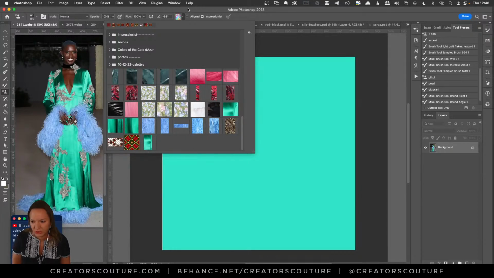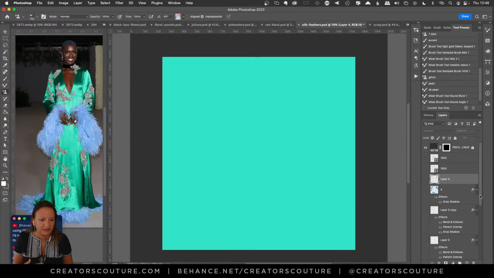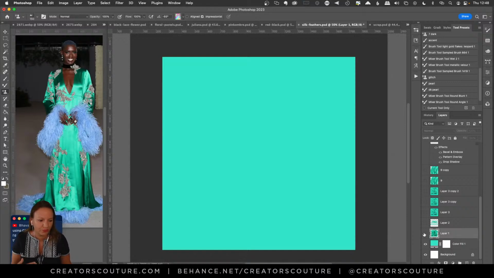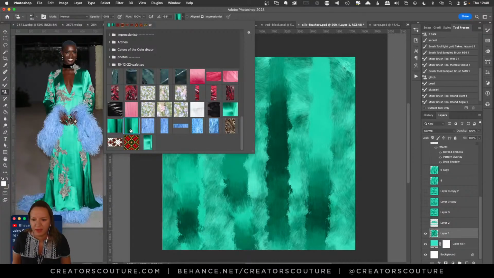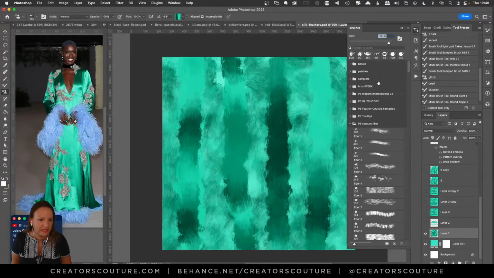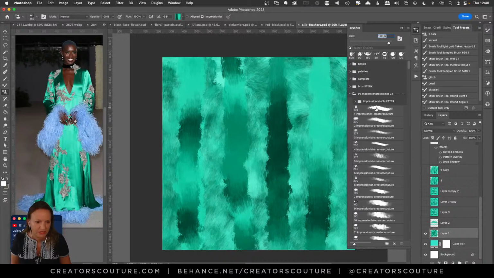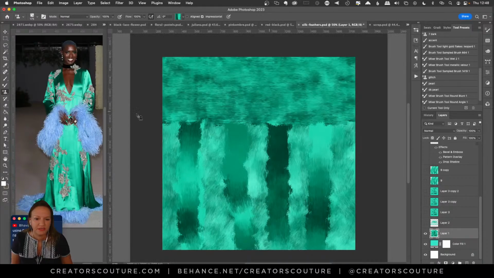And so what I'm going to do, because I want that particular color, is just randomly fill that background layer with some color, and it really doesn't matter with which brush. So I'm going to take one of my color palettes here. In this case, I'll just go to my Modern Impressionist brushes. I'll grab brush number 1. And of course, we're using that color stamp method. If you're not familiar with it, just check down below on the links. But we're just going to fill this up.